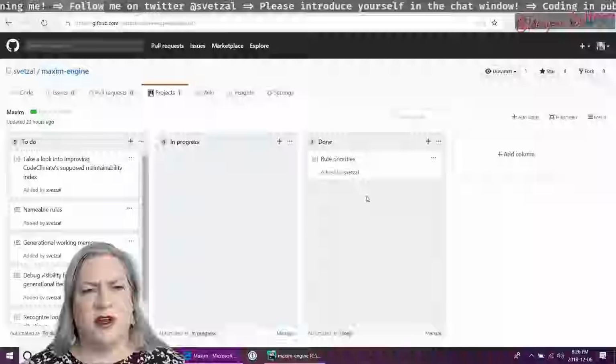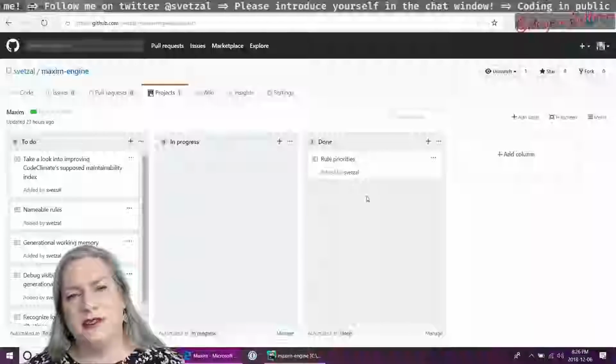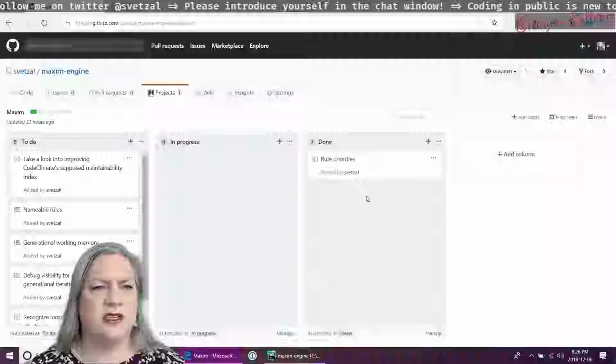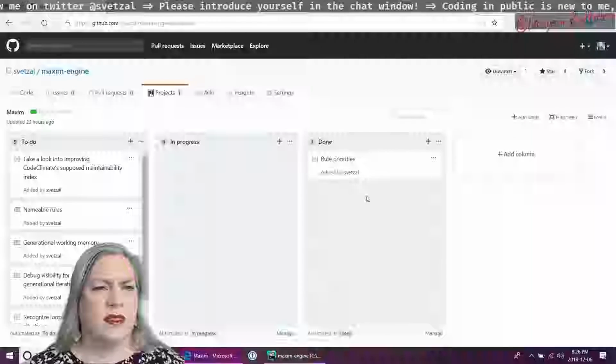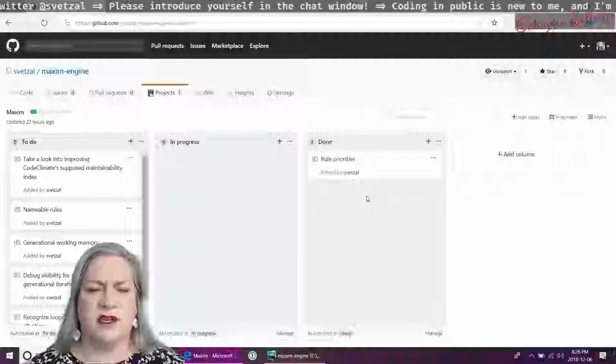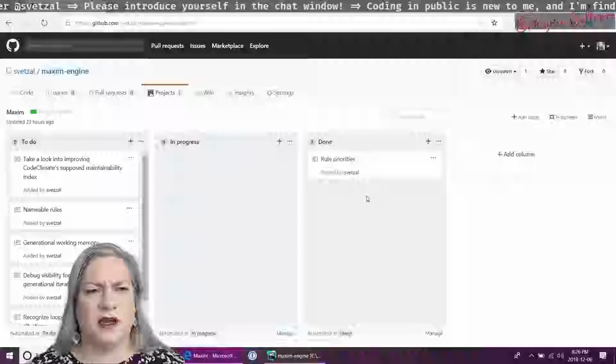Last bit of code, we figured out rule priorities, and we did a 1.1 release of the engine. I went in and acknowledged a couple of things as won't fix in Code Climate.